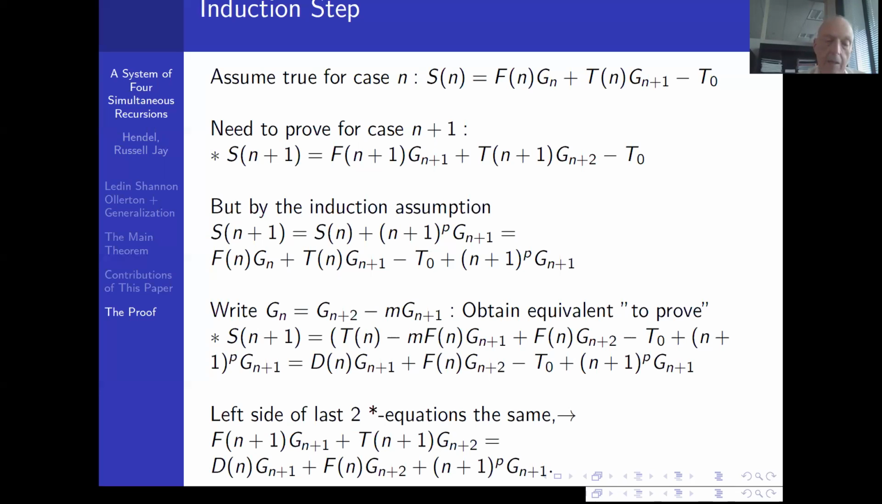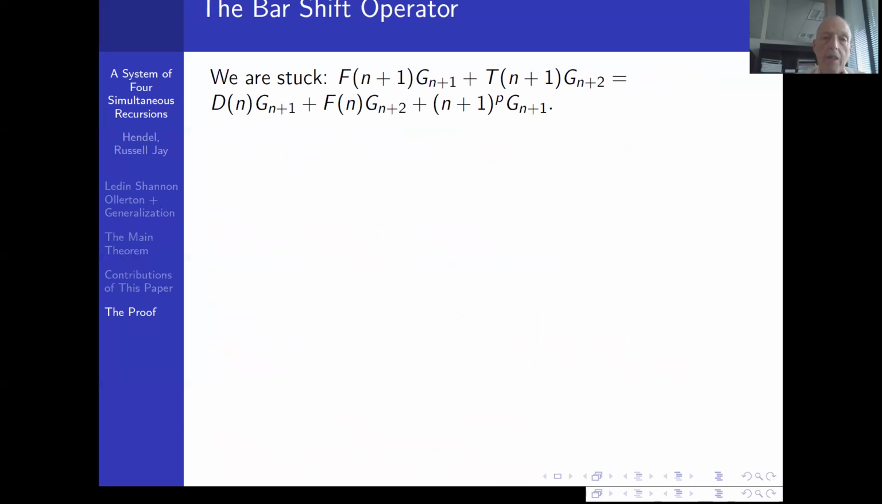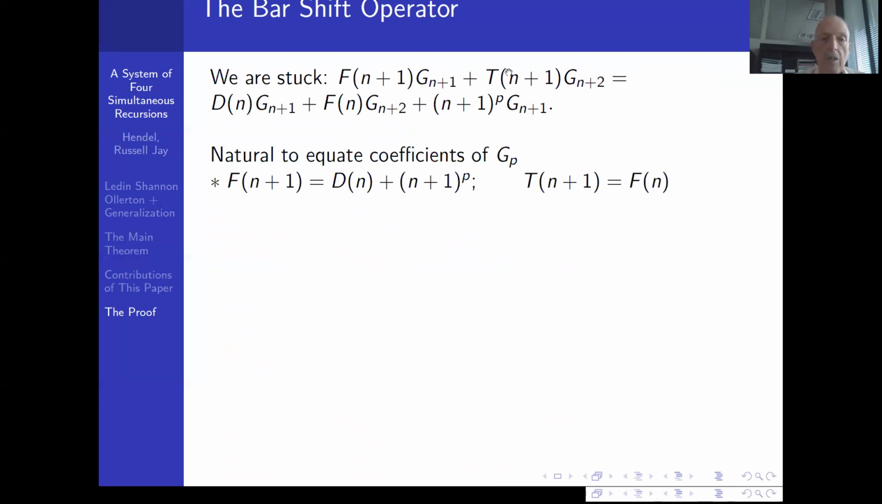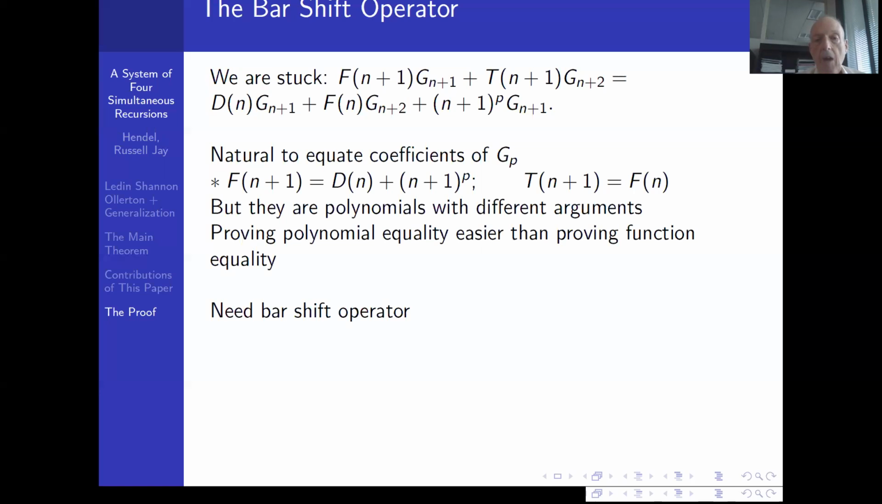So I'm going to copy that onto the next slide and show you the problem where we are stuck. I want to prove these two are equal. Well, the natural thing to do is say G_{n+1}, G_{n+1}, equate coefficients; G_{n+2}, G_{n+2}, equate coefficients. So you want to write that these two functions are equal. Now, they are equal, but proving functions are equal is not trivial. So we get stuck here, and they are polynomials with different arguments, and proving polynomial equality is easier than proving